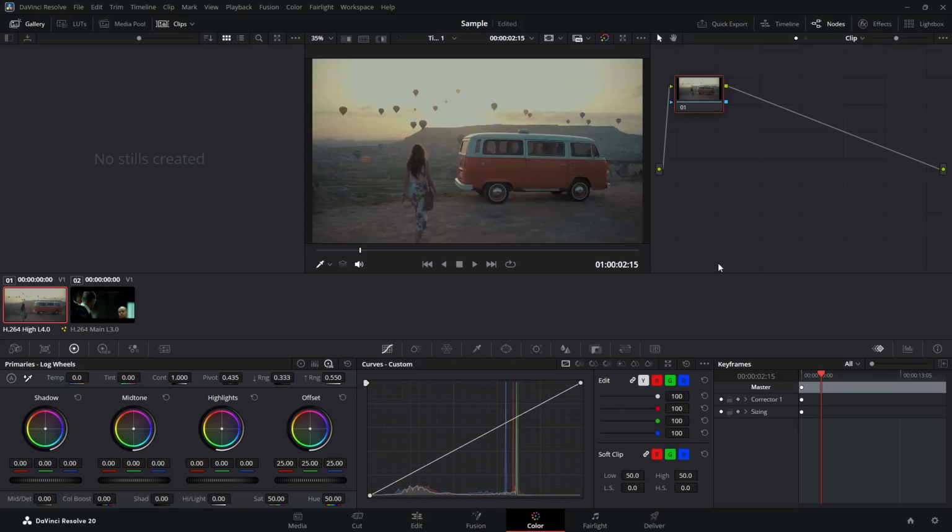Now, before we create a shared node, let's add a regular node first. On the right side of your screen, you'll see your node graph. To add a new node, press Alt-S on your keyboard. This keyboard shortcut is a quick way to add a serial node to your chain, and it's something you'll use constantly when color grading. With your new node selected, let's make some adjustments so you can see how shared nodes